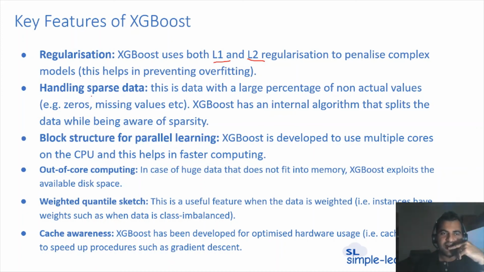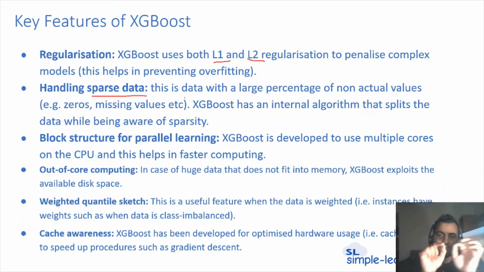Then, how does it handle sparse data? This is an inbuilt feature of XGBoost. This is one of the key challenges we face practically while implementing our ML algorithms. Sparse data is a data set which has zero values, missing values, or poor data quality, with a lot of mismatches. These things impact the results by adding noise, and this noise impacts the performance of the algorithms.